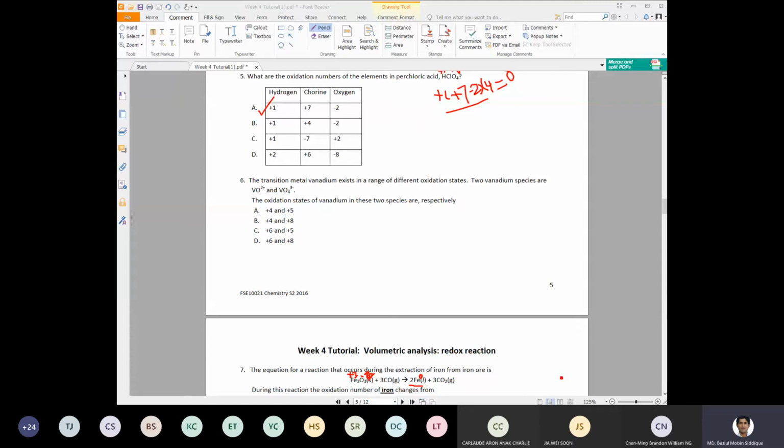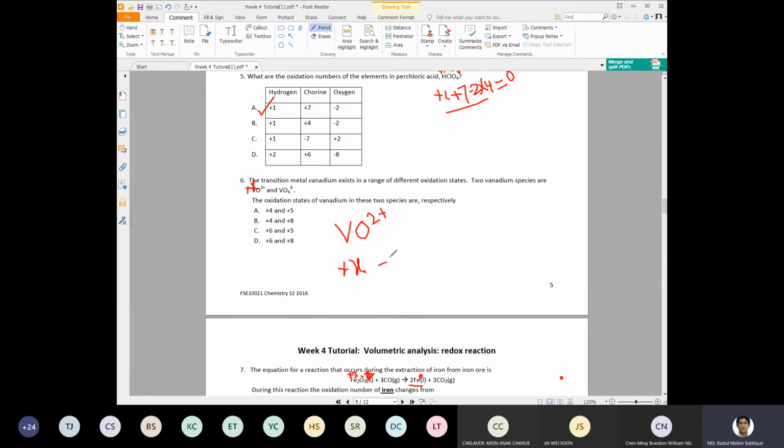respectively. So what is the oxidation state for this vanadium oxide? We can find it in the same way that we find any unknown oxidation state. So we just put vanadium as positive X, right? And the vanadium oxide has a 2 positive charge. Here we assign positive X to vanadium because obviously oxygen is more electronegative